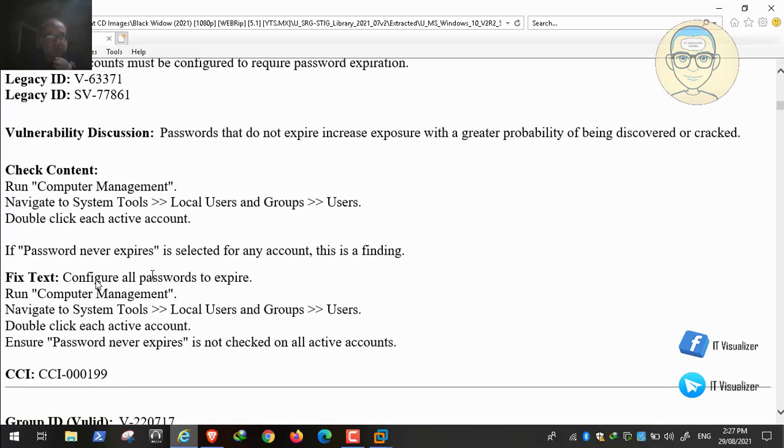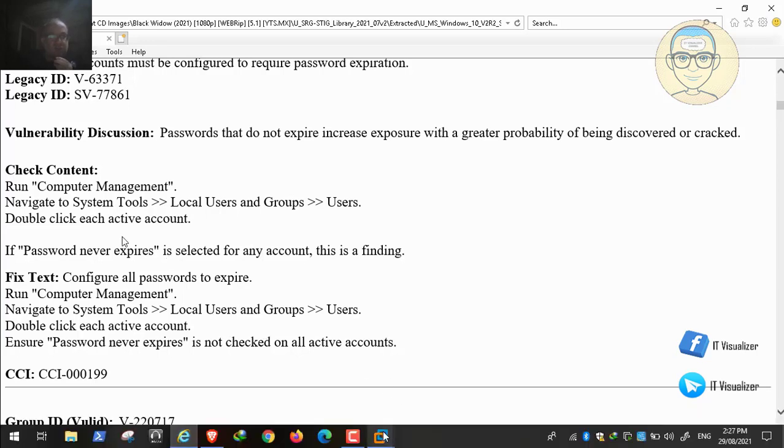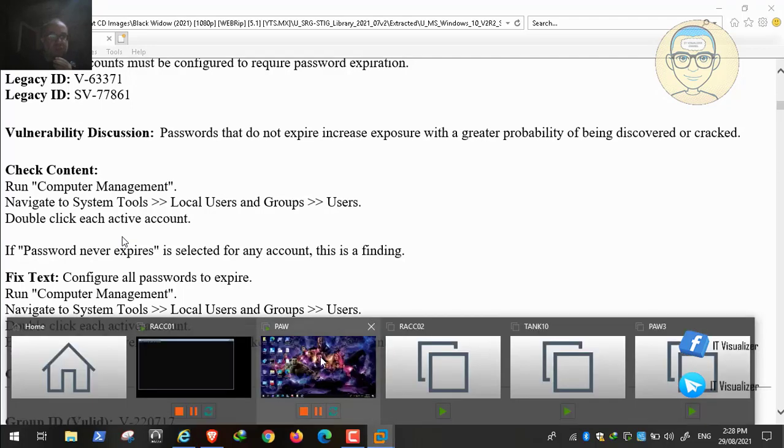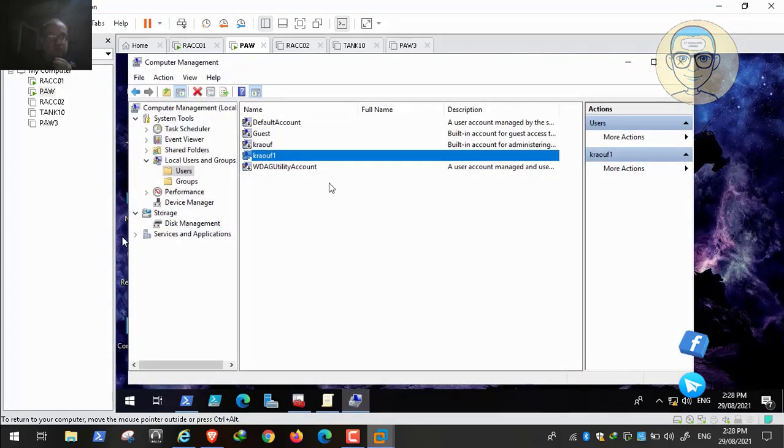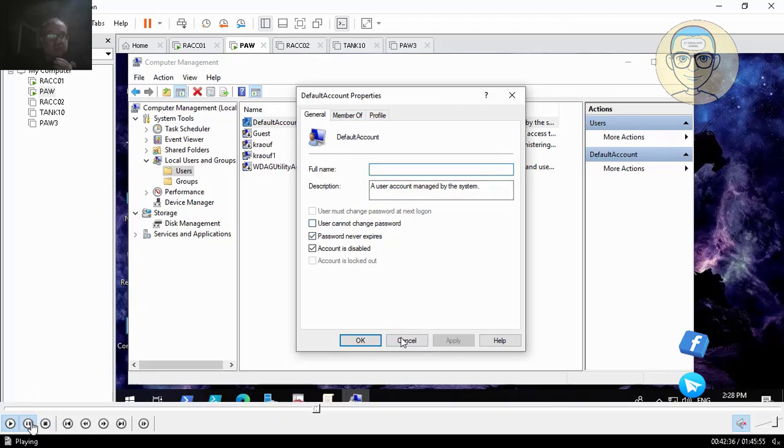because password never expires is a security issue, because the password can be known by the hacker, or the password is not frequently changed. So this will ease the job for the hacker to hack your account or your password. So let's see what are the accounts that have the option of password never expires. So here we have our computer management console,